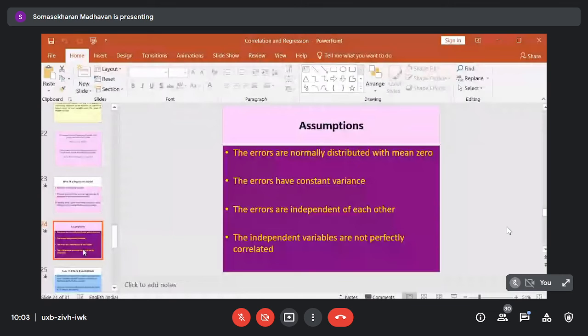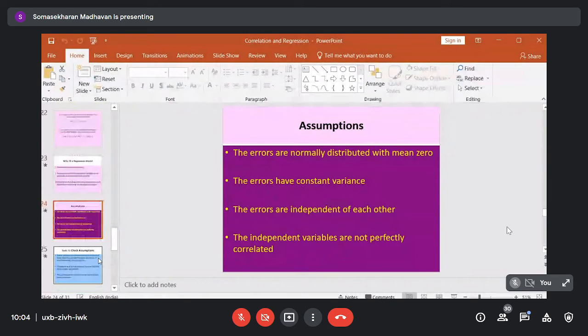If there is a violation of data assumption, the estimate may be an overestimate or an underestimate. That means the estimate will not be an unbiased one, and also the prediction will be wrong. And if the data does not follow a normal distribution, you cannot go for the further testing procedure. So these are the problems involved in the violation of assumptions.